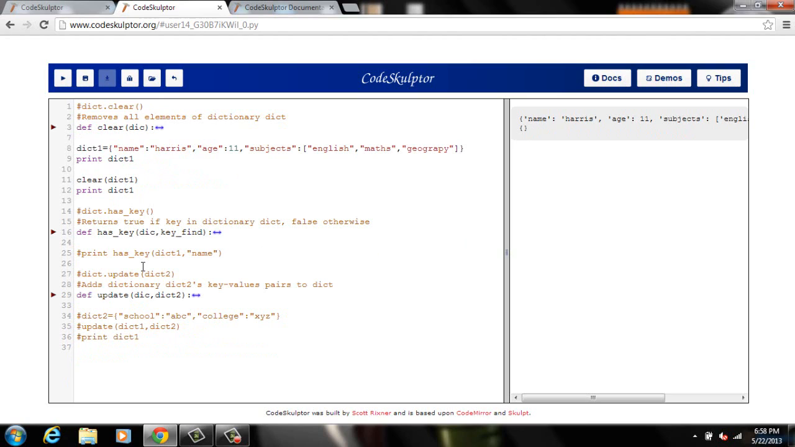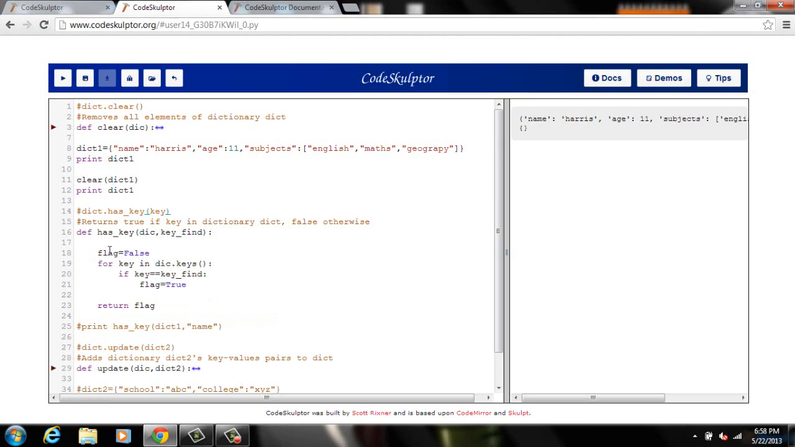The next function that I have implemented is dict.hasKey. Now this function returns the value true if that particular key is there in the dictionary, and false otherwise. So here I actually need to enter the key that I'm searching for, right? So this is the function definition that I've written. It is going to take dict, the dictionary that I'm going to search for the key inside. So that is going to be one argument, and the key that needs to be found, key underscore find, is